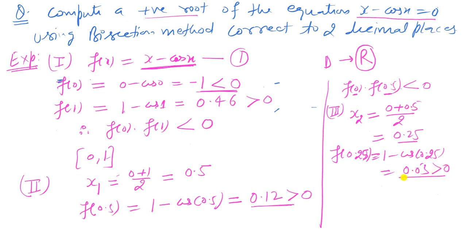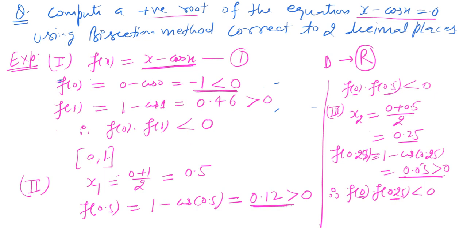That is this functional value is positive, and in step 2 this functional value is positive, and in step 1 this functional value is negative. So therefore root is lying between 0 and 0.25, that is the product of the functional values f of 0 and f of 0.25 is less than 0. So root is lying between 0 and 0.25 and continuing this process until the difference between the two successive approximations